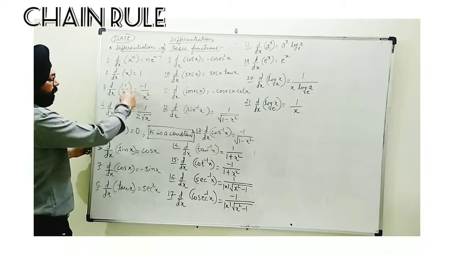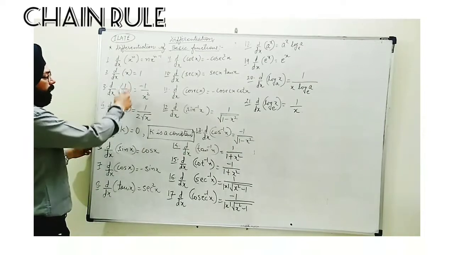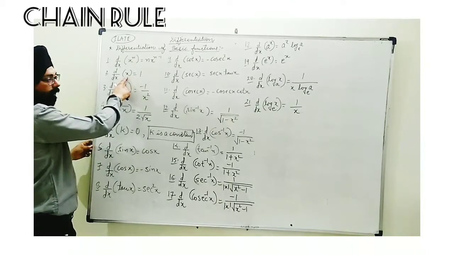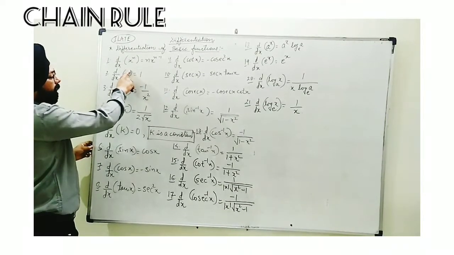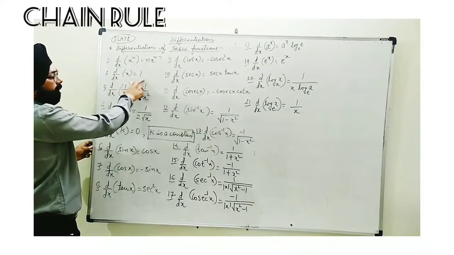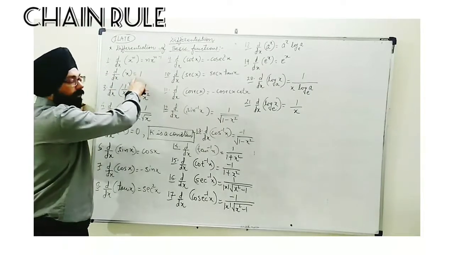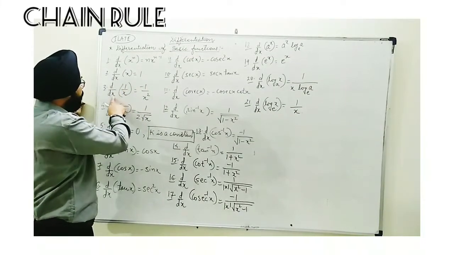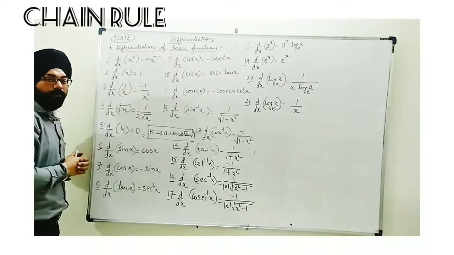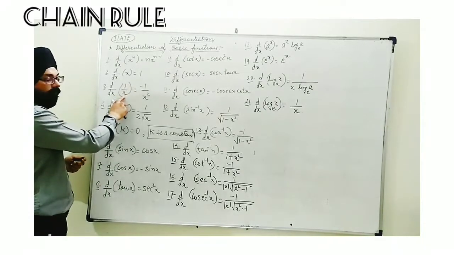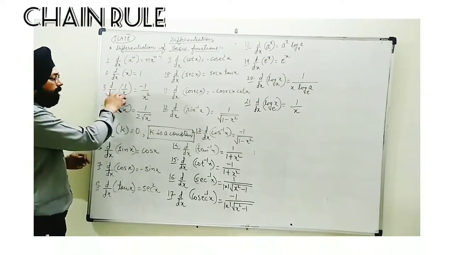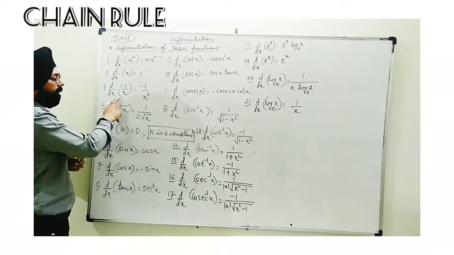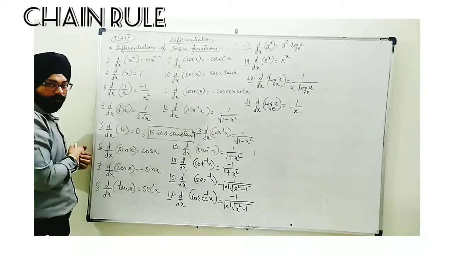Next, the rest of these forms I have taken based on this first form only. When x is given, that is x raised to the power 1, so when we differentiate we get 1. No need to explain, whenever x appears we directly put the value 1. If 1 upon x is to be differentiated, whenever you are given 1 upon some function, it can be written in the form of an exponent. This will be x to the power minus 1. When operated we get minus 1 upon x square.